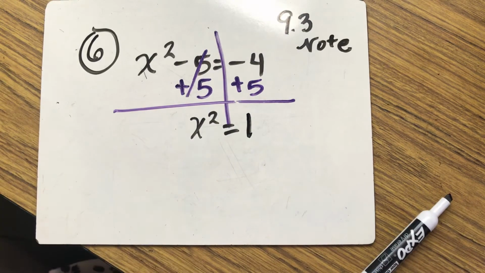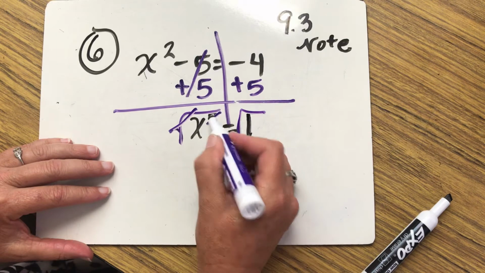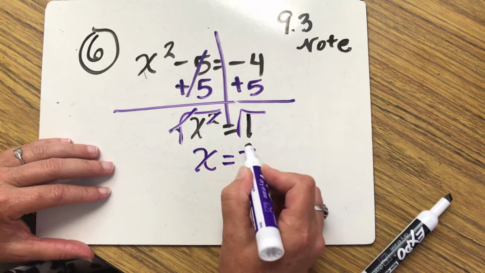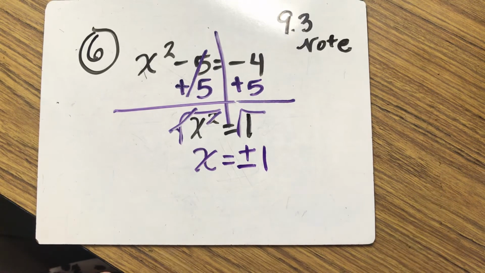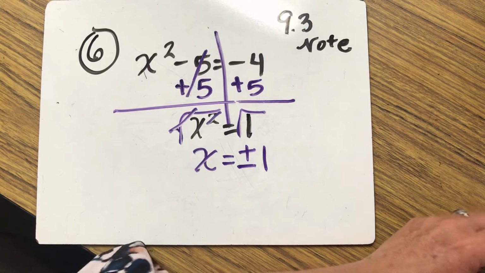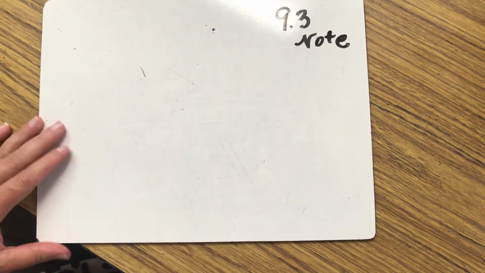And we know we're not done because we have an x squared. So let's take the square root of both sides. A square and a 2 cancel. We have x equals plus or minus 1. Those are our solutions, our zeros, our roots, or our x-intercepts. Great, let's try question number 7. And this is where it gets a little fun. Question number 7 and 8 are a little bit